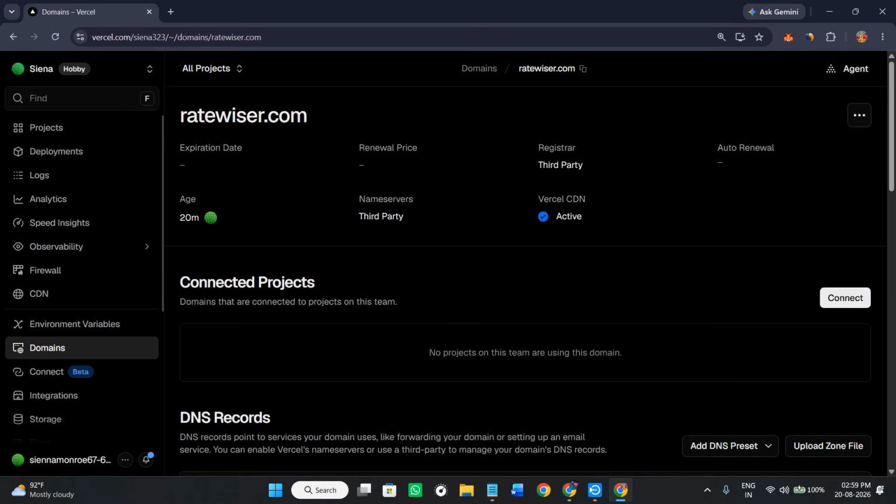So after saving the DNS records there, simply return to Vercel and check the domains section. Then Vercel is going to automatically verify the DNS configuration. DNS changes take some time to propagate, so don't worry if the domain doesn't become active immediately. After doing this, your subdomain will be active. You can click on that and you can also open it in a new web browser